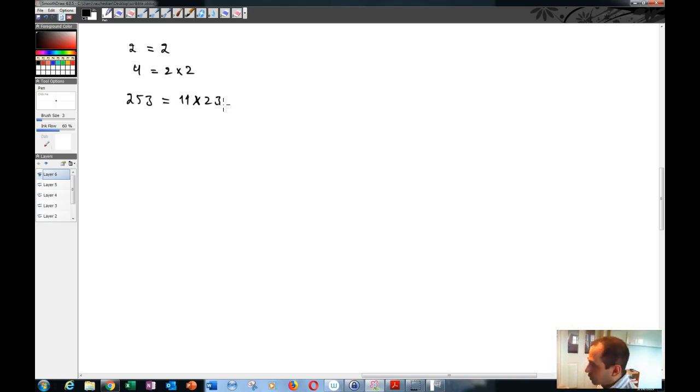Now, if you take a collection of prime numbers, for example, let's say you have 2, 3, 7, 11, and 23, and you were allowed to use these primes in any way that you wanted, and also to repeat them as many times as you wanted, then you would be getting a large number of natural numbers. For example, you could write 2 times 3 times 7 times 11 times 23,